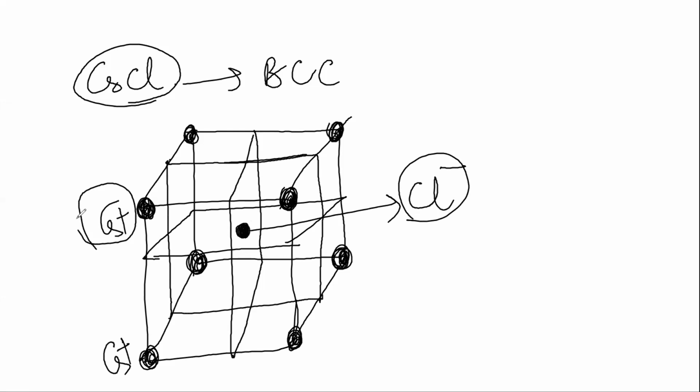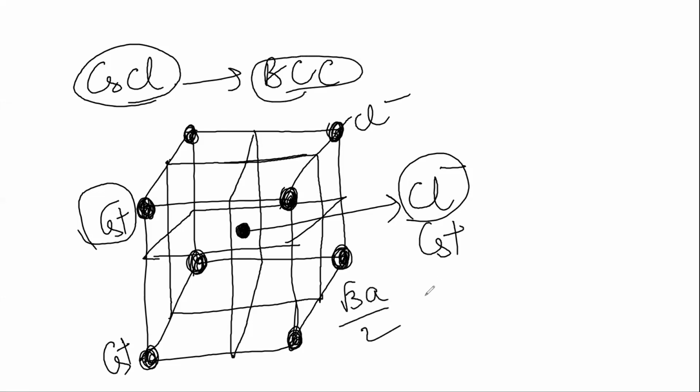As we learned in the body centered cubic structure, we have 6 as the coordination number, because we have 6 first nearest neighbors. The nearest neighbor distance is A, we know that. Here, when I have Cs plus, the neighboring atoms would be of the opposite kind, Cl minus, so they are arranged alternately, not side by side. This is the structure of CsCl, and the nearest neighbor distance is the same as that of BCC, root 3 by 2, which you learned in the previous class. Okay, so this is the CsCl structure.